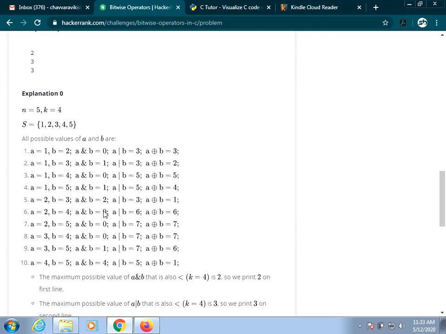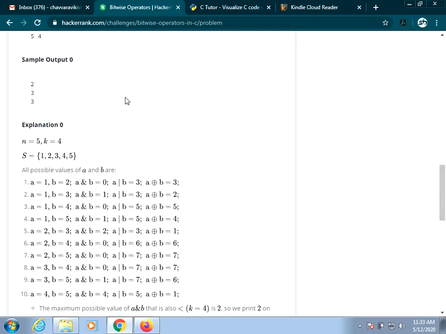That is, you have 0 1 0 1 2 and 1 4. Among these values you should find the value which is less than 4, not equal to 4, less than 4. So among these, the value less than 4 is 2, so you will be getting the output as 2 here. So the AND operation output is 2.